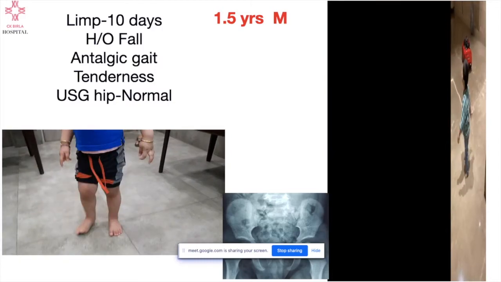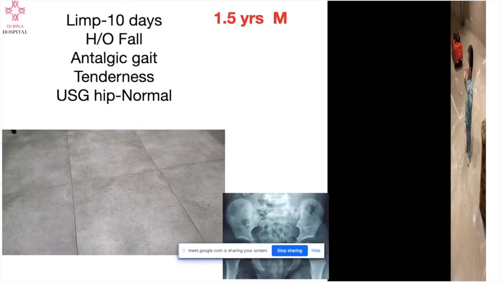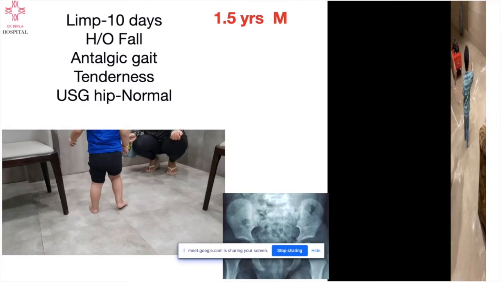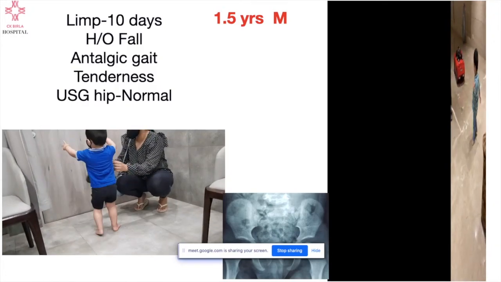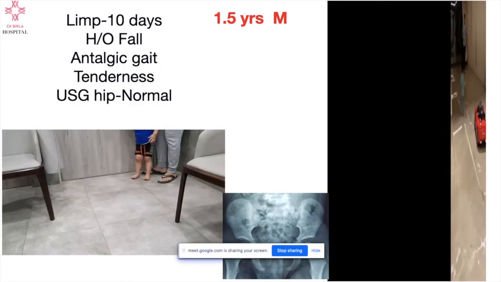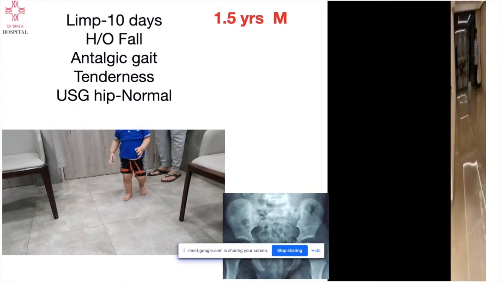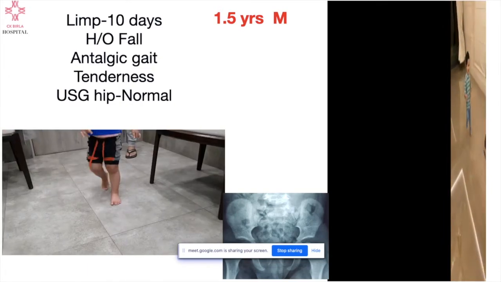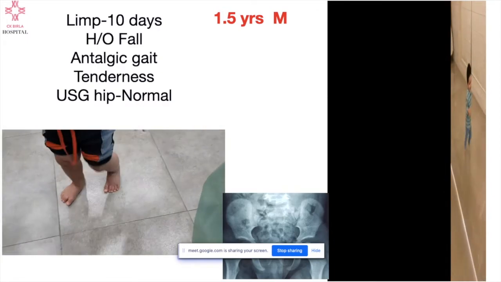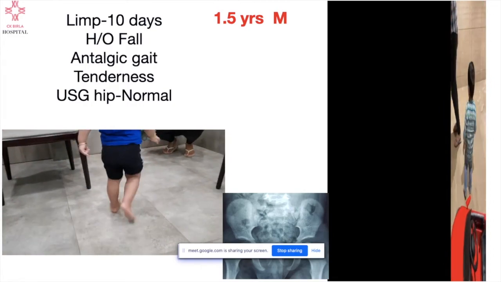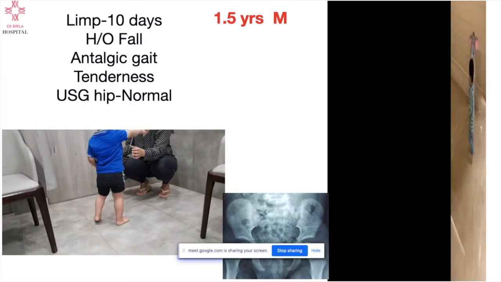Now this is another child who came for this gait. The pediatrician had referred for this, just abnormal gait. Ultrasound was normal, no significant history, maybe a fall at home, because in children you cannot take a history of whether the child fell or not, because he falls in your absence. Now you can see how the child is walking. There was some amount of tenderness in the hip, a slight antalgic gait, the child was walking with a painful limb, there was a little pain. The X-rays were normal.